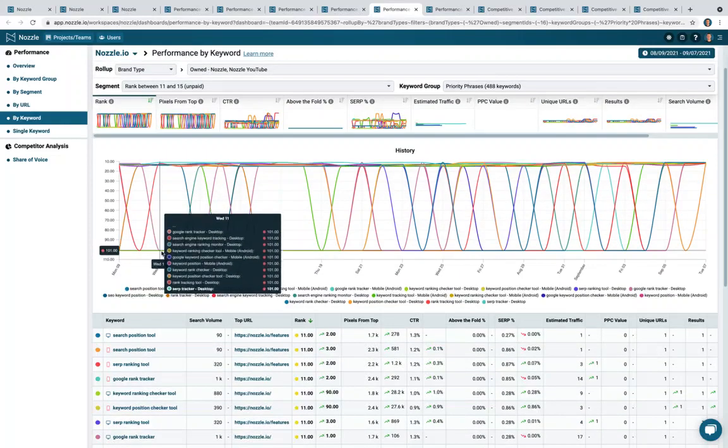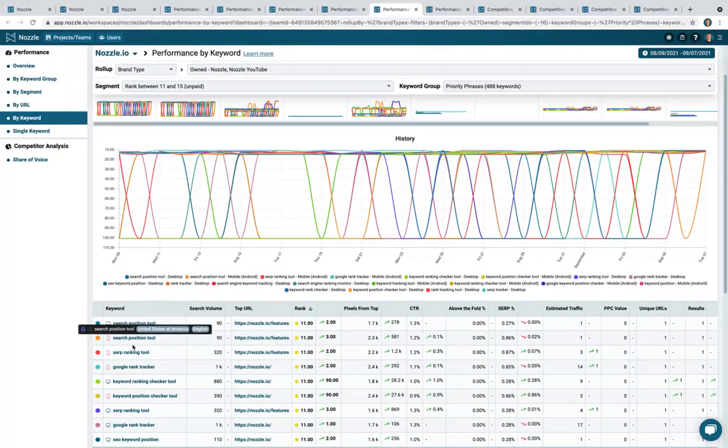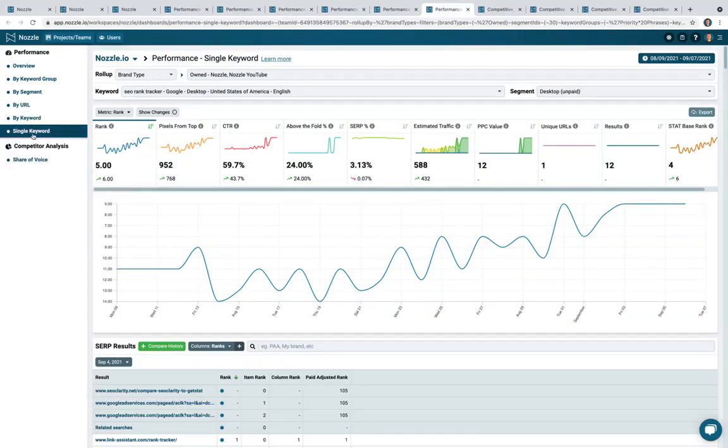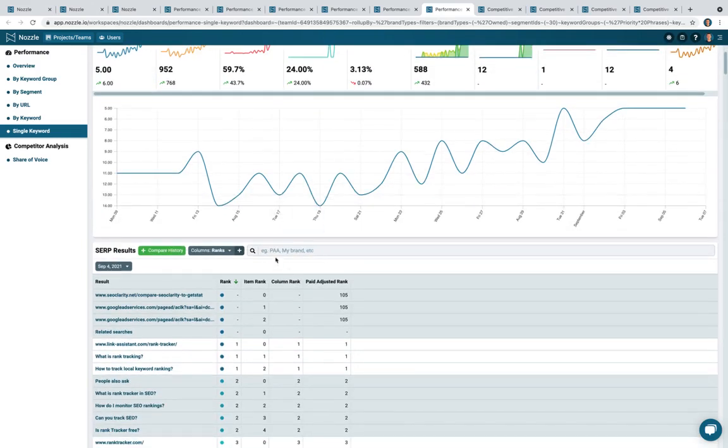And then you can always drill down into the individual keywords. So if you click on any of these keywords, it takes you to this single keyword dashboard here on the left. And as you can see, I have this SEO rank tracker keyword opened up. We can see by default it's on the rank, and you can see our rank over the last 30 days. In the last few days we've hit number 5, and 30 days ago we were number 11. And you can again analyze the change in all these different metrics. And if we scroll down,